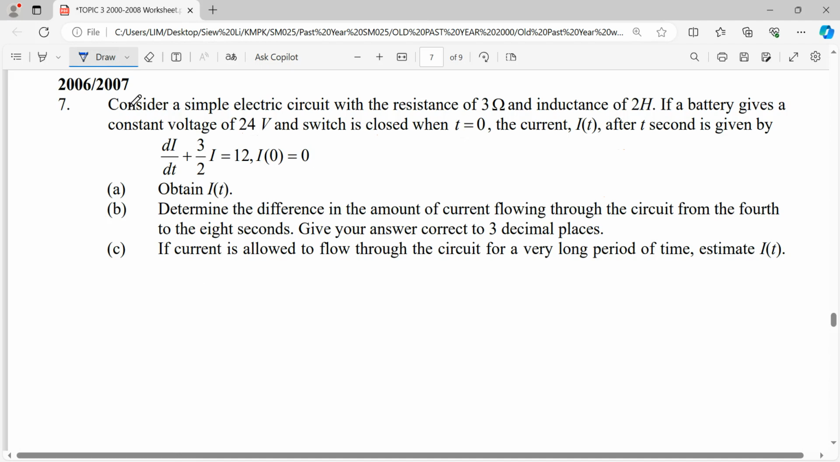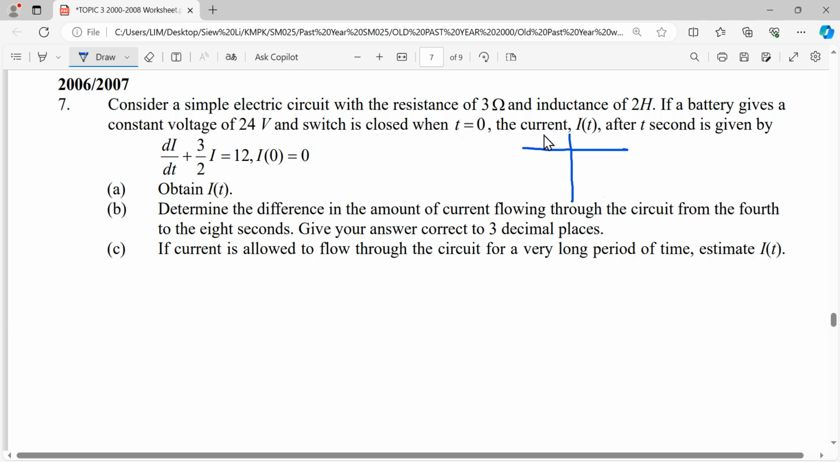Hi everyone. For this question, it said consider a simple electric circuit with the resistance of 3 ohm and inductance of 2 Henry. If a battery gives a constant voltage of 24 volt and switch is closed when t is equal to 0, the current I in terms of t after t second is given by the differential equation as below, where I of 0 equals 0, which means that